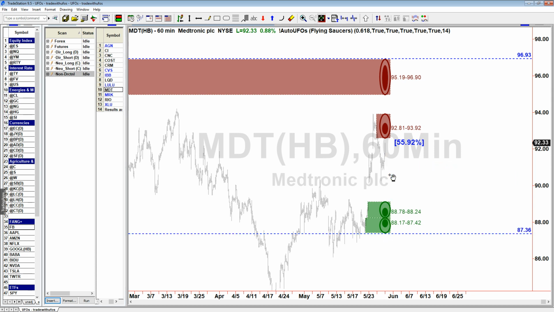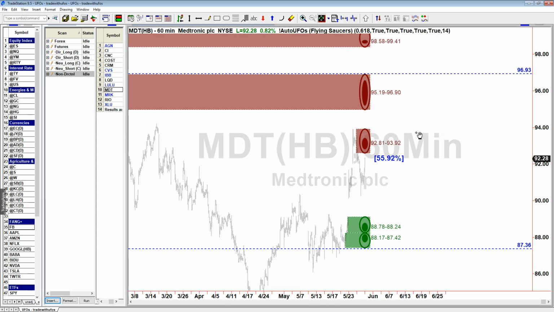So we have a potential opportunity for MDT to stay in a range, because when it gets to this UFO, it's likely going to bounce down and spend time. When it gets to this, bounce up, maybe it comes to this, then bounce down, and all this time where that stock will be bouncing up and down, it's time decay for the options that we would sell, if we get paid enough. So the question is, how much do I get paid